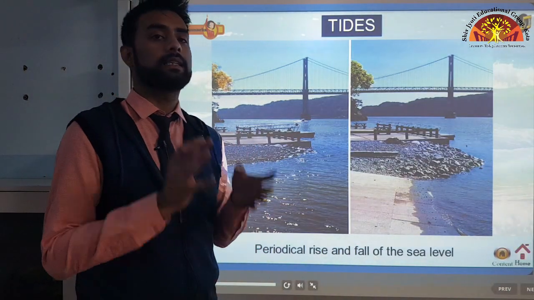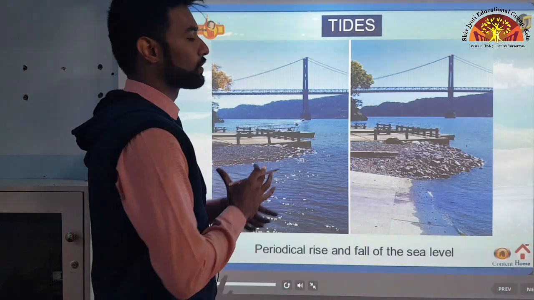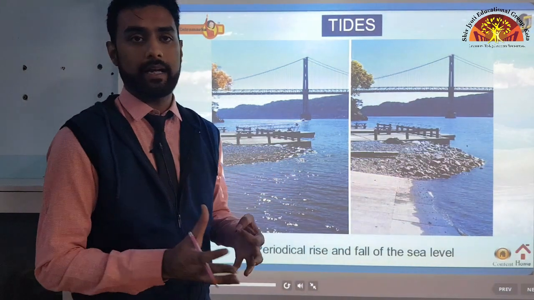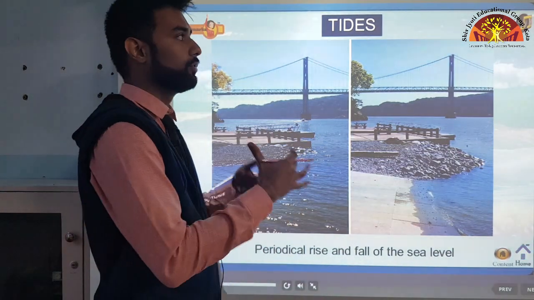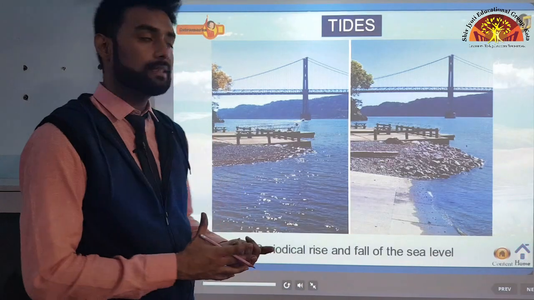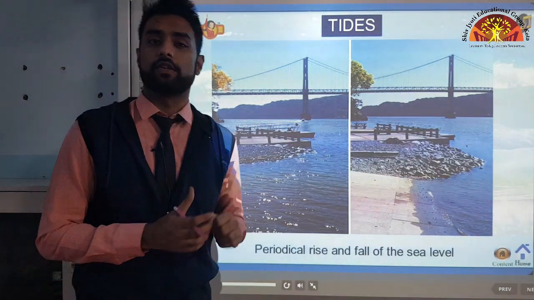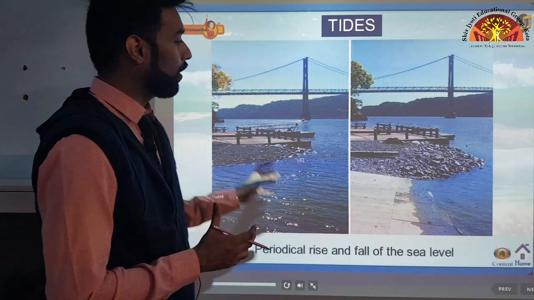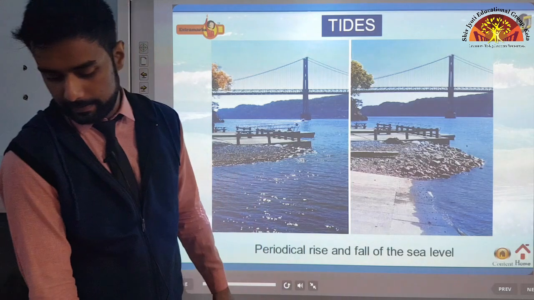What happens is that the sun and the moon exert a force on the surface of the earth, their own gravity. Every heavenly body has its own gravity. Our earth has gravity as well as the moon and the sun. Now, what happens is these two bodies exert gravitational forces on the surface of the earth, due to which the water, which is dynamic and easy to change, rises upwards.